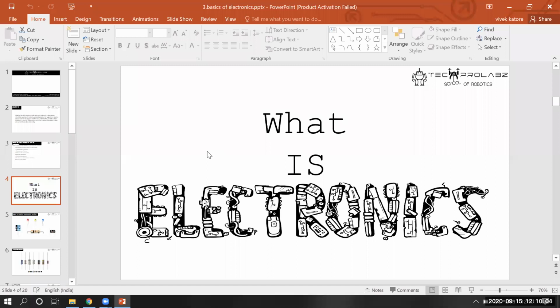So the things which are running on very low power, like 5 volt, 3.3 volt, 12 volt, and if I want to give an extreme value, below 50 volts, all the applications below 50 volts are related to electronics circuits or electronics engineering.